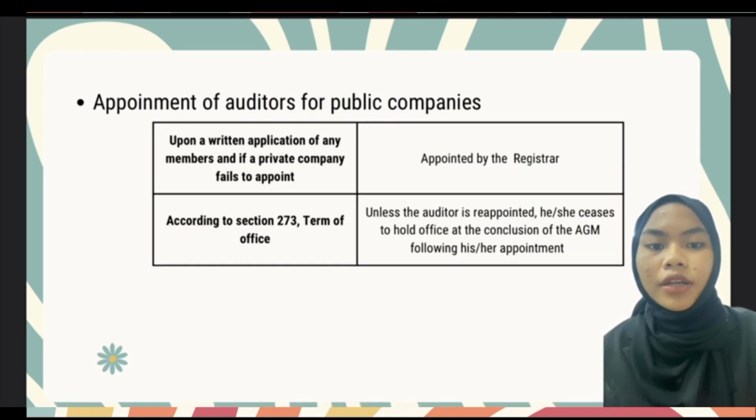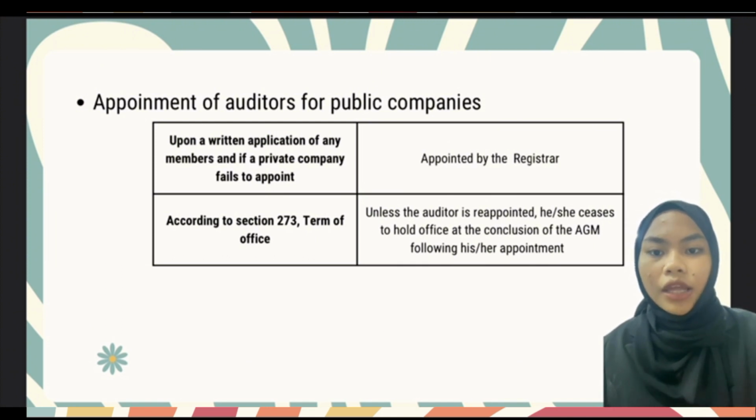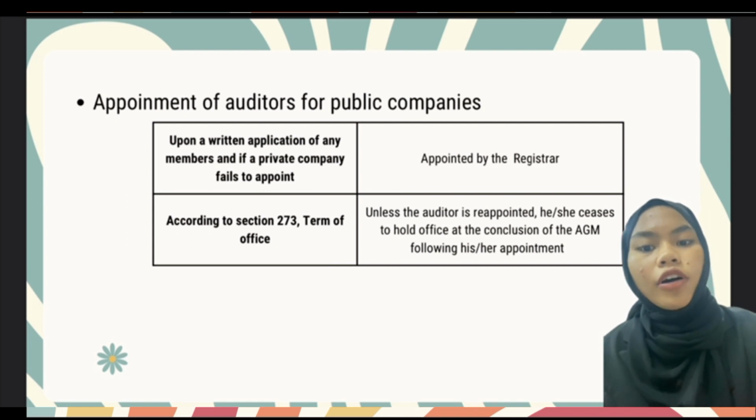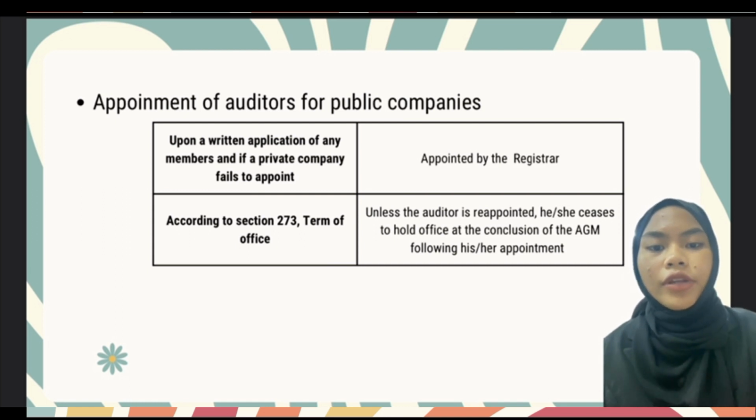Next, upon a written application of any member, if a private company fails to appoint, it will be done by the registrar. The last is the term of office. Unless the auditor is reappointed, he or she ceases to hold office at the conclusion of the AGM following his or her appointment.